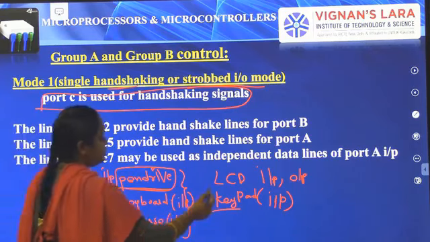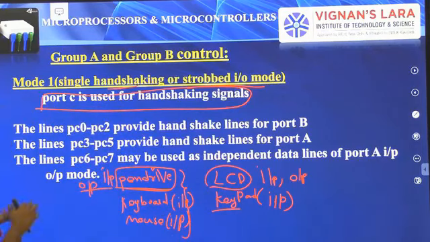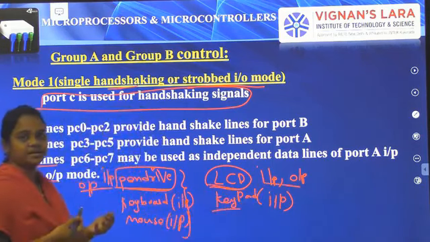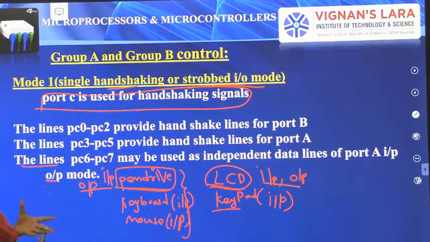For example, the LCD. By using this LCD, we give inputs by touching this board, and it gives us an output like this dot. That means, like this, I'm drawing this. I'm using the LCD as input, and it is displaying that line. That means it also acts as an output. At a time, the LCD acts as an input, and at a time, that device acts as an output. So in mode 1, I'm programming the LCD like that.